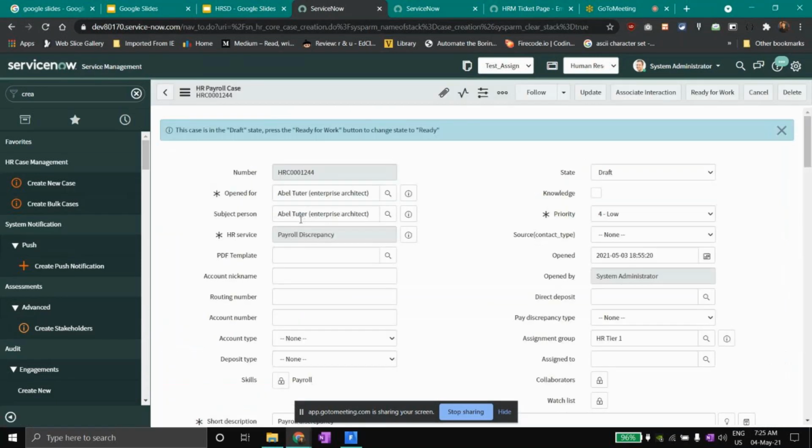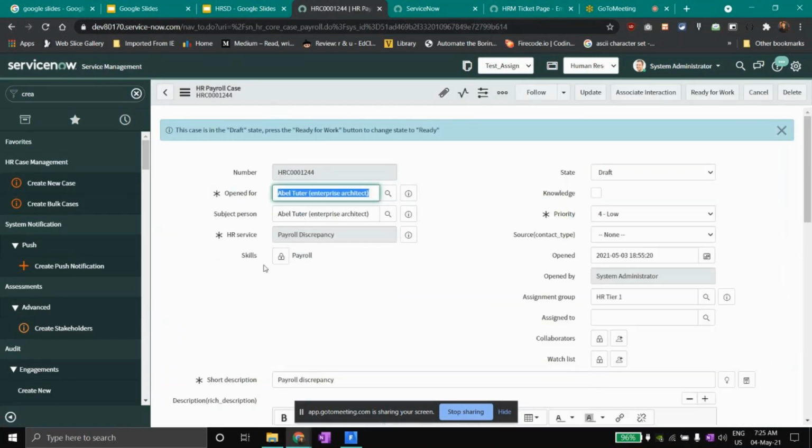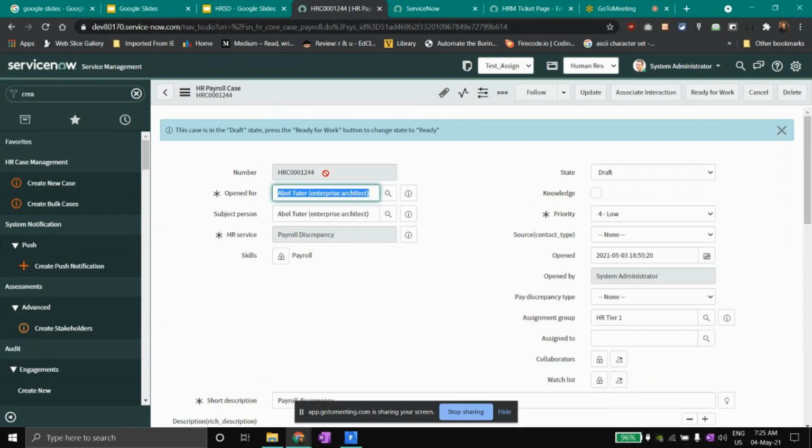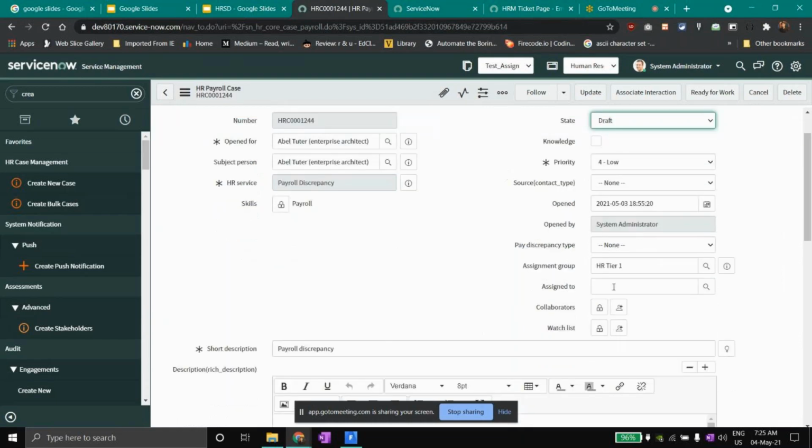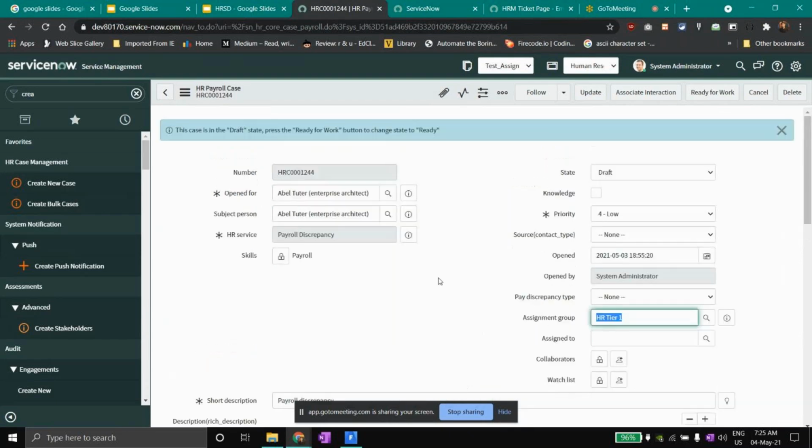So, you can see new fresh case HRSC 000124 is being created. State is draft, and other things are already there. And it has not been assigned to anybody, since you are the HR agent and you started working upon it. That's why. And there's one difference which may be asked in an interview